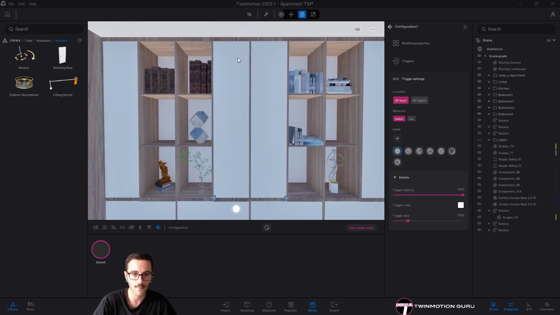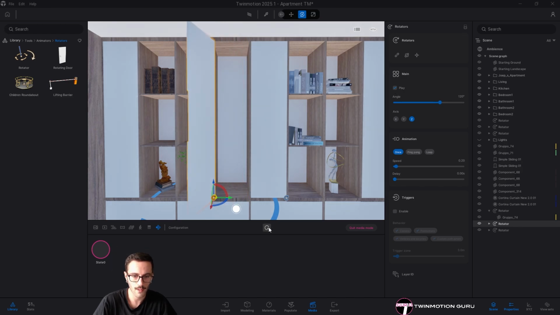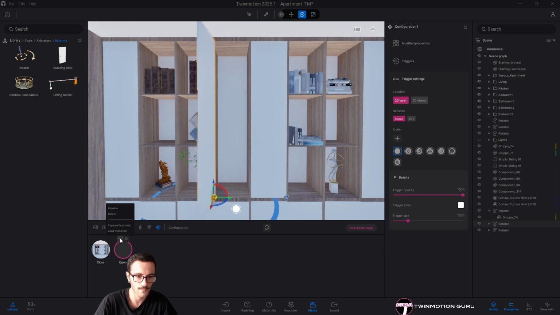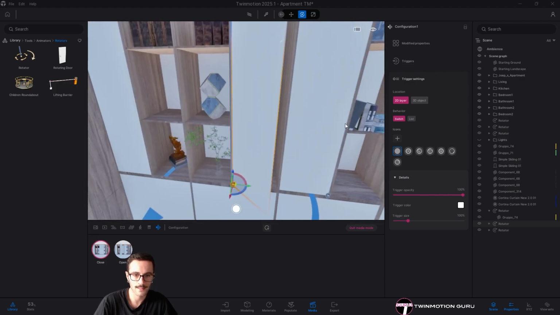So the first behavior will be the door closed, and the second behavior will be the door open. So right now I'm clicking again on this little icon, renaming it close, and here renaming it open. Okay, from here I'm capturing the turn bail, and from here again capturing the turn bail with the door open.